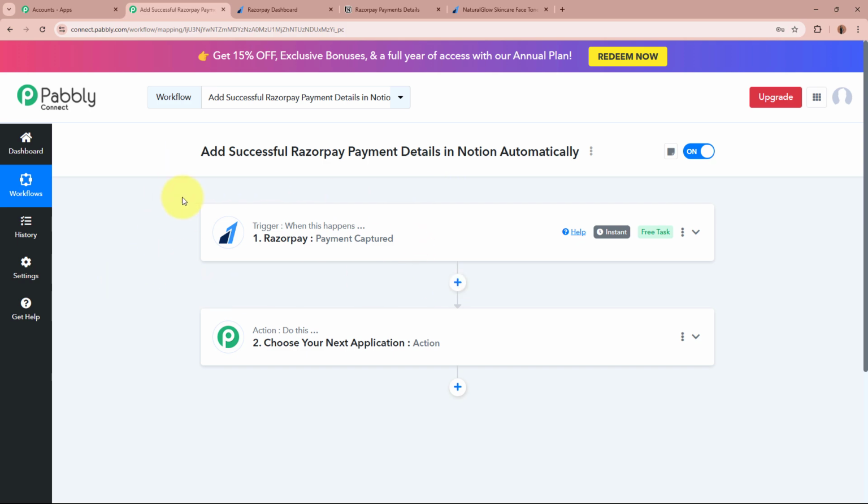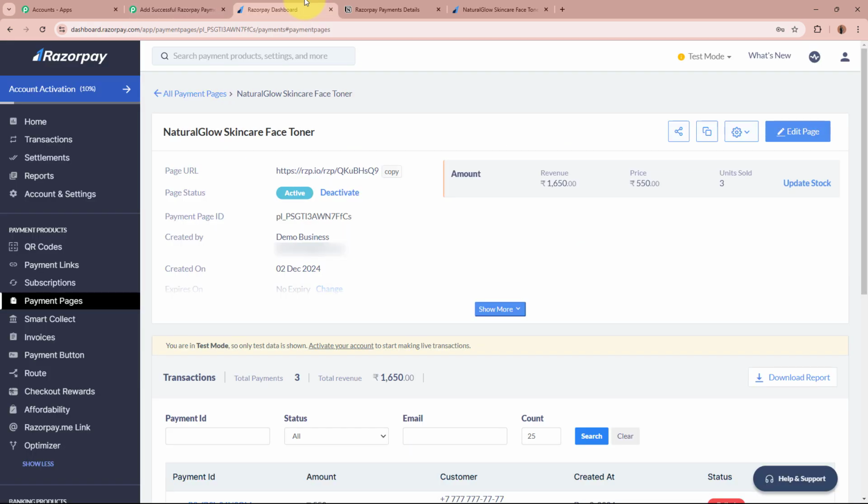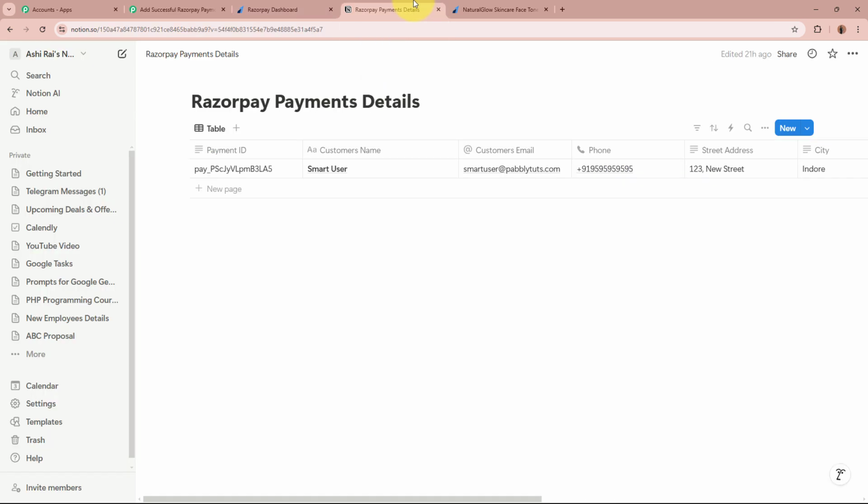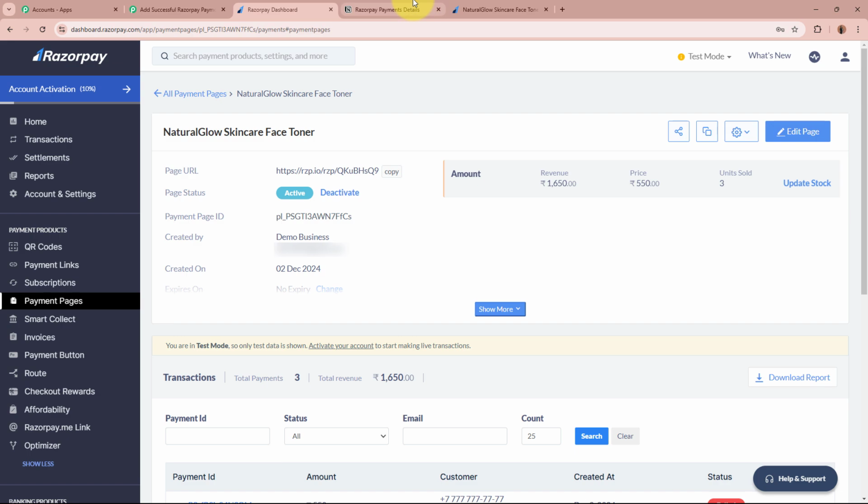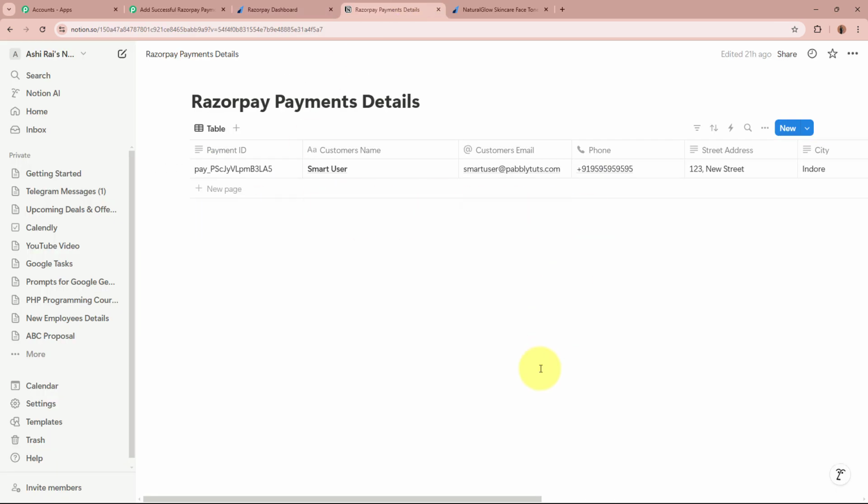Now, whenever a new payment is going to be done by the customer with the help of Razorpay, as they're going to do the purchase of any of the products that I'm selling, automatically in the similar manner, Pabbly Connect is going to capture the response of that, okay? So now I want that specifically for this product, that is Natural Glow Skincare Face Toner, I want to create a record of only the payment done for this specific product right over here in my Notion database as an